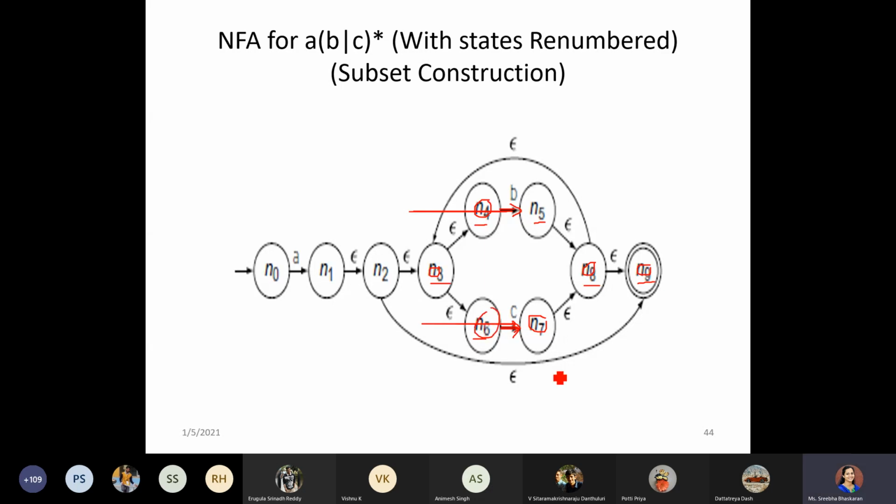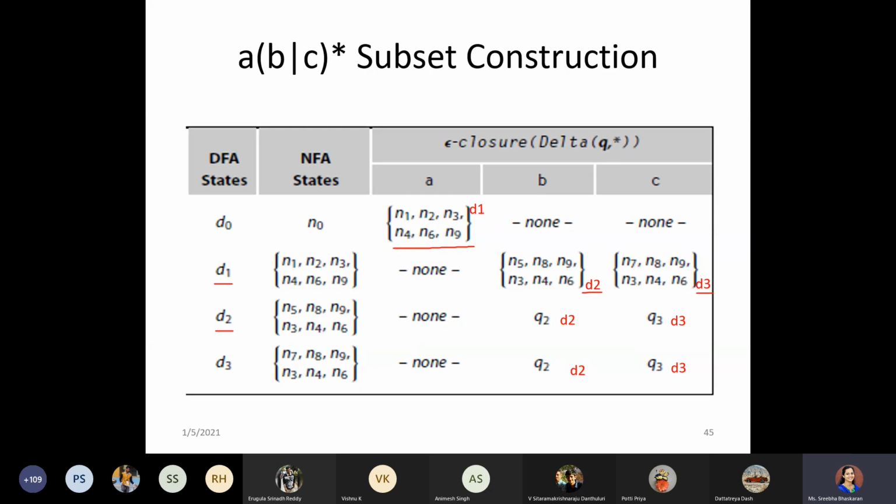So these will be the states with respect to C transition, which is nothing but what we achieved previously and named D3. So it would be D3. D2 with respect to B transition, we will end up having the same D2. With respect to C transition, we would end up having D3.